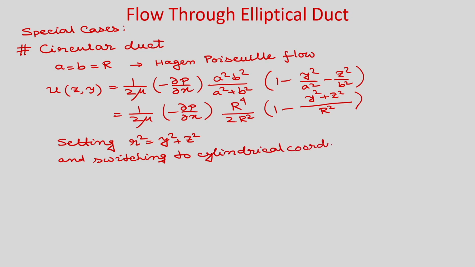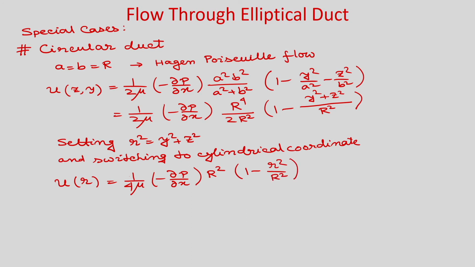So, we can put here. So, you can see you will be function of r only. So, it will become 1 by 4 mu minus del p by del x, okay. And you can see here r square and 1 minus r square by r square. So, you can see that this is the same expression what we derived for Hazen-Poiseuille flow, and now if you calculate the volumetric flow rate,